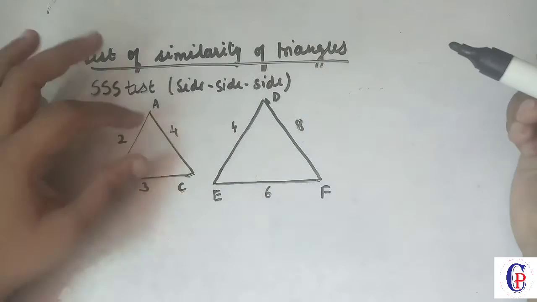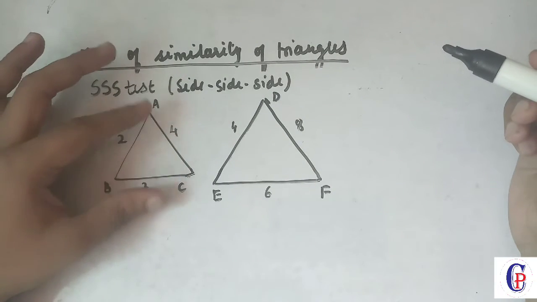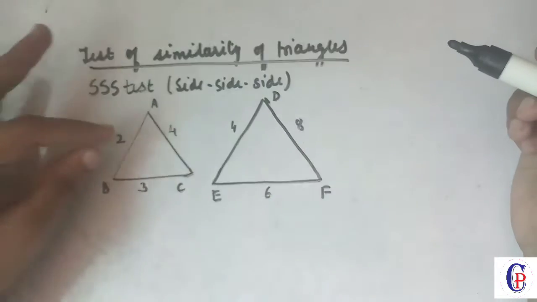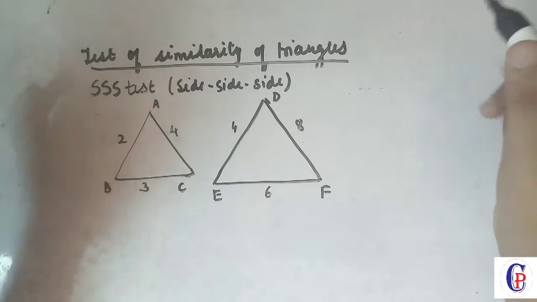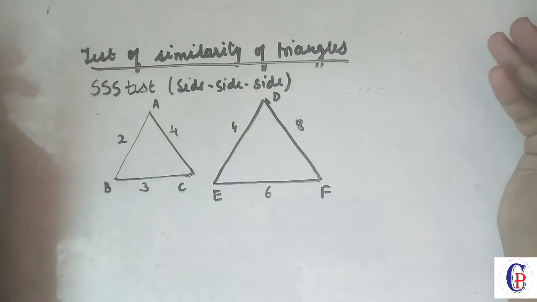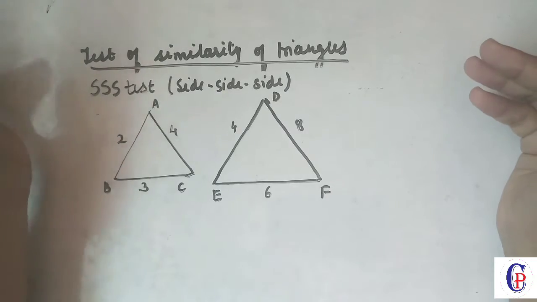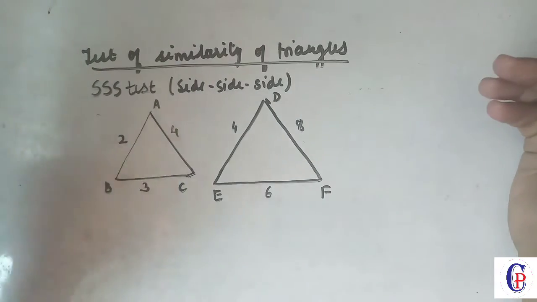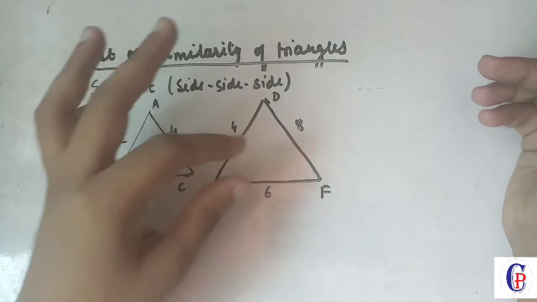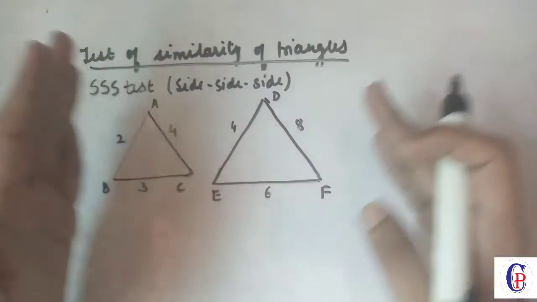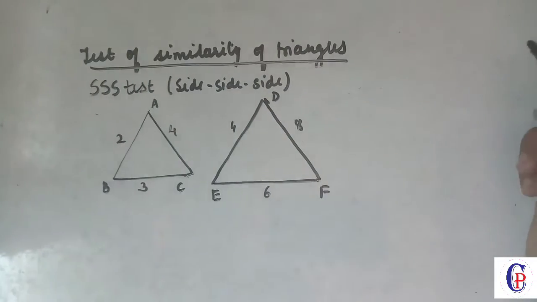Like when you zoom this, if this is a triangle and you enlarge it, you get this. So when you enlarge something, it gets enlarged from all sides. It's not like only one side is enlarged and the other side is small. No, when you enlarge this, everything increases, everything increases with the same proportion.